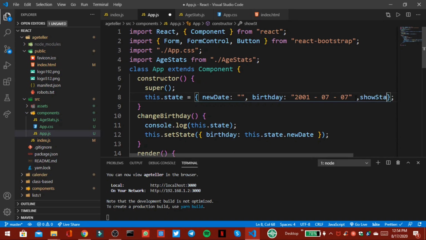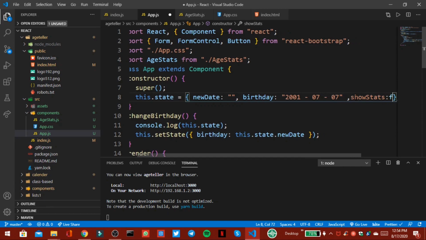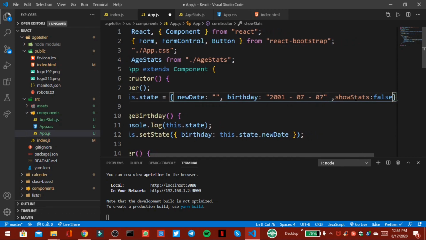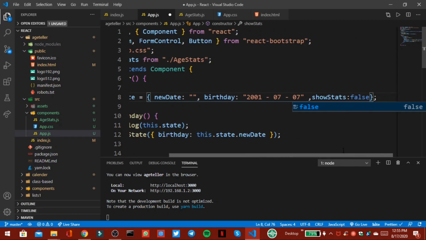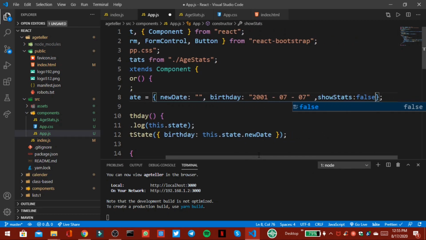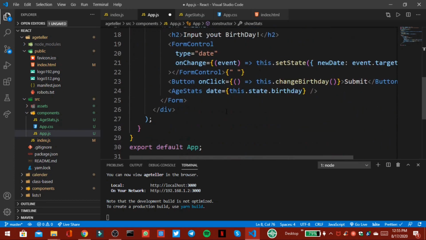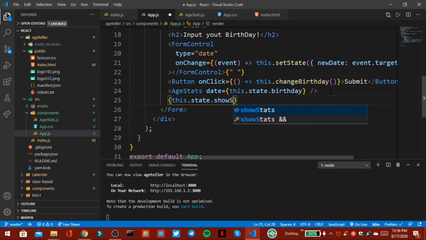Inside this, our flag name is showState, and by default this is false. If this button is submitted, then we have to convert this flag into true. So inside this button, if this.state.showState is true,